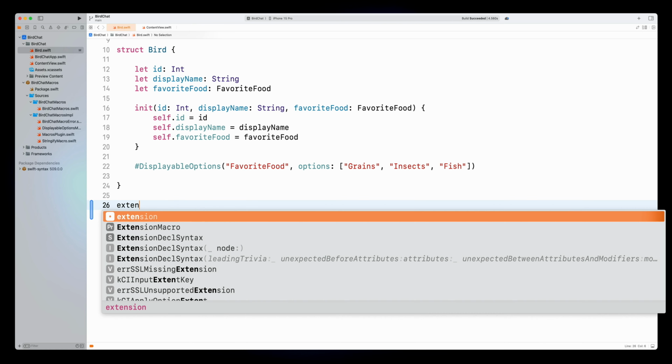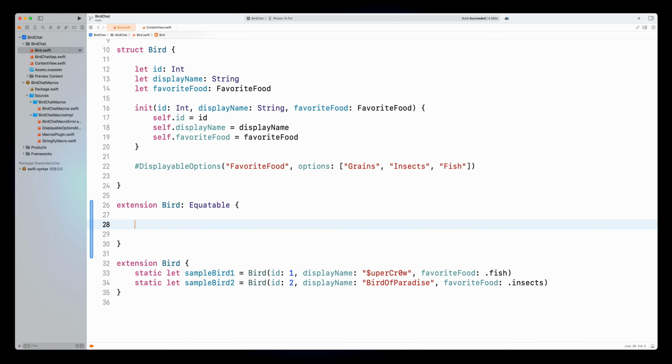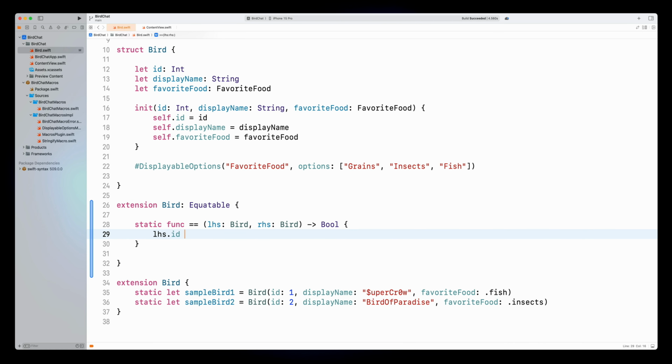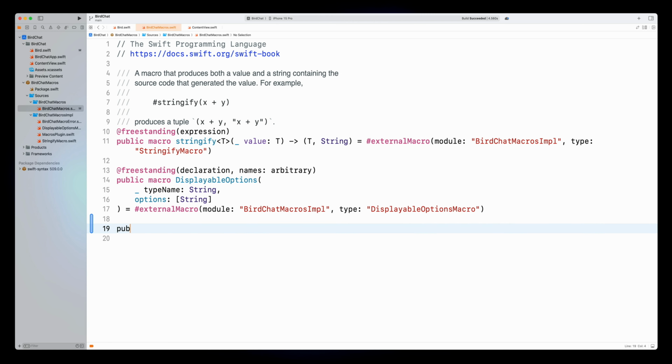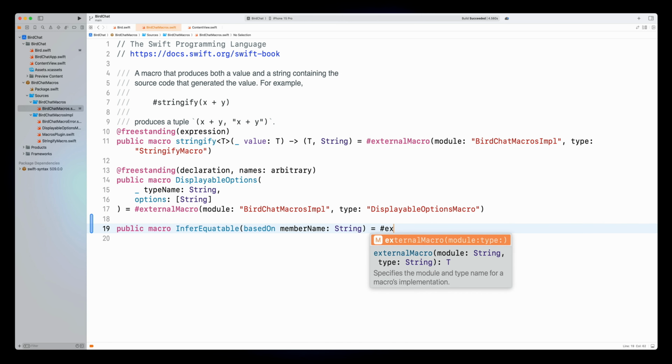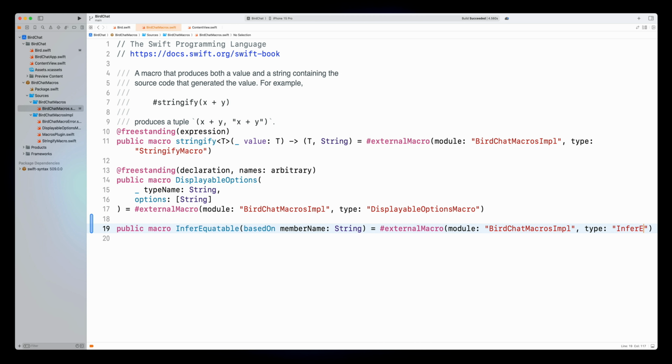Once again, I can declare the conformance manually, but I suspect that in the future I'll need to handle similar cases, where Equatable depends on a single property. So for that, I'll create a macro which infers Equatable's requirements based on the marked member. It's gonna have just one argument, which is the name of the member. I'm using the string type here, even though it's less than ideal. I tried using a key path instead, but with the current Swift syntax version, that results in a recursion which crashes the macro.